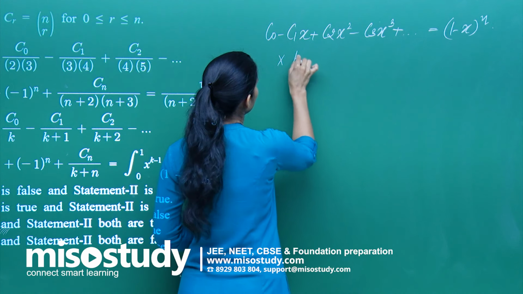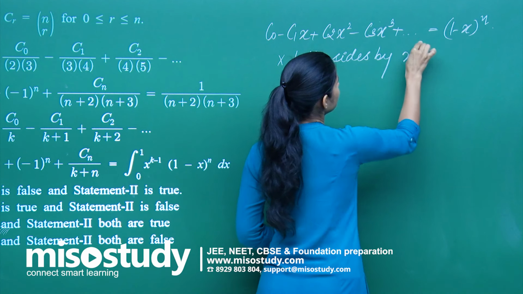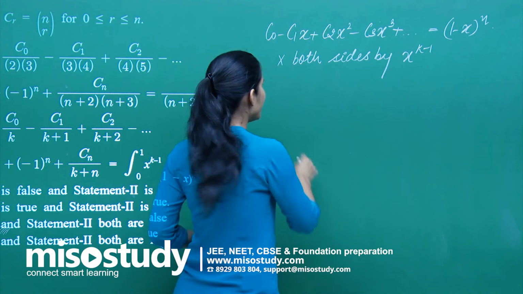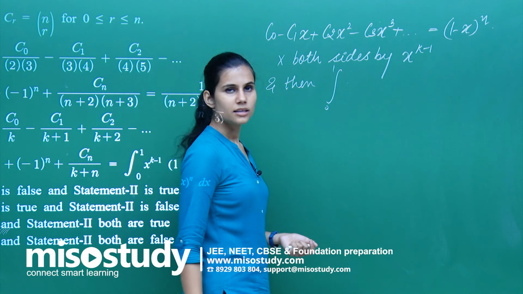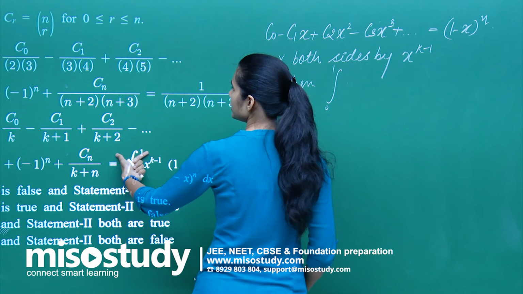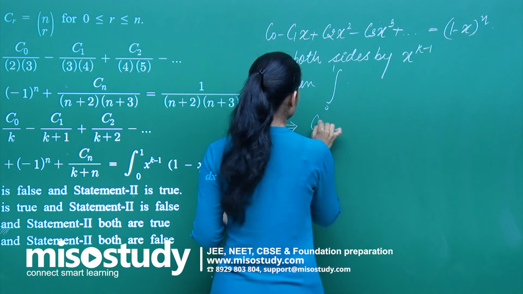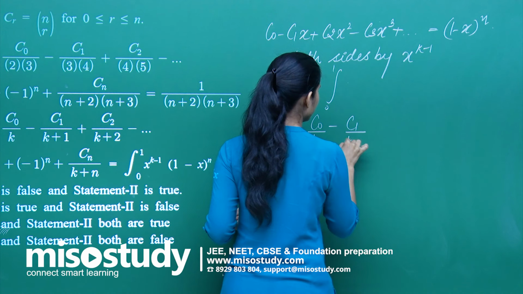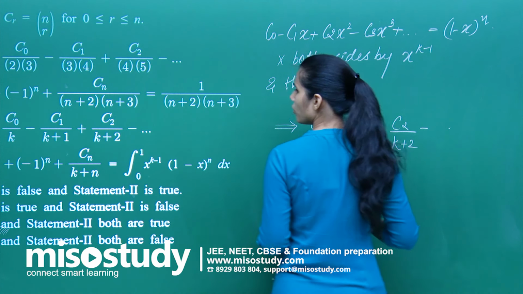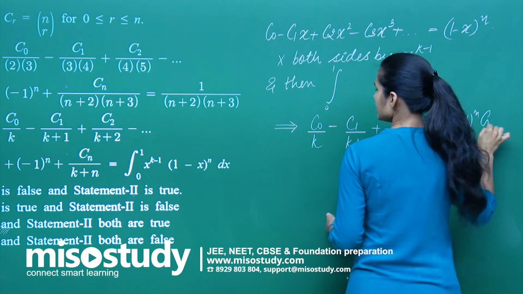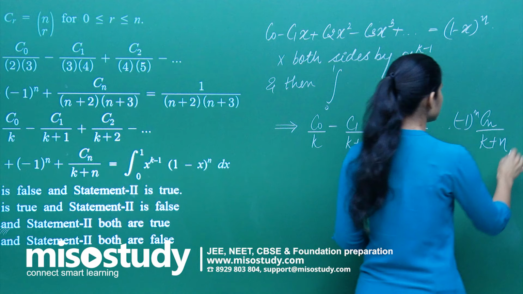Now what you do is you multiply both sides by x^(k-1), okay? And then you integrate from 0 to 1 both sides. When you do that, you basically get your statement 2. What do you get? You get your statement 2, which is C0/k minus C1/(k+1) plus C2/(k+2) minus and so on, minus 1 to the power n Cn/(k+n). Okay? And on the right hand side also, you are going